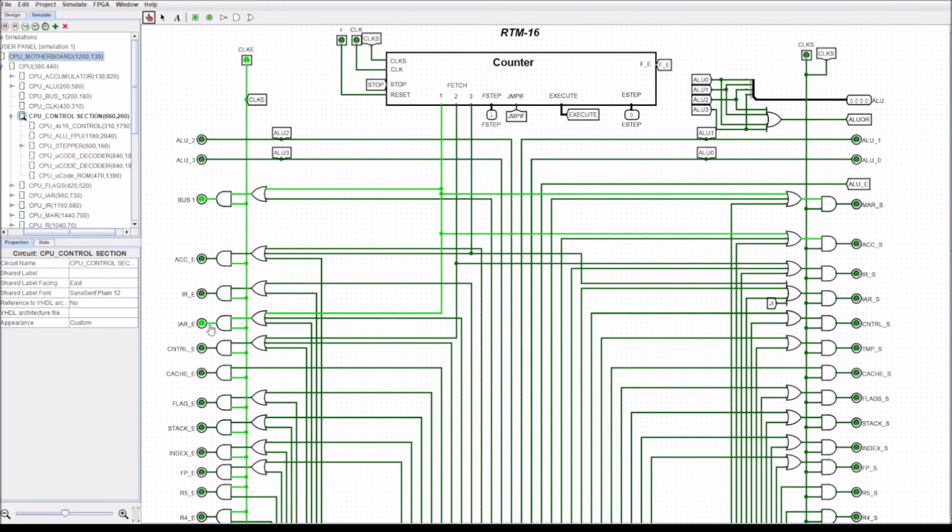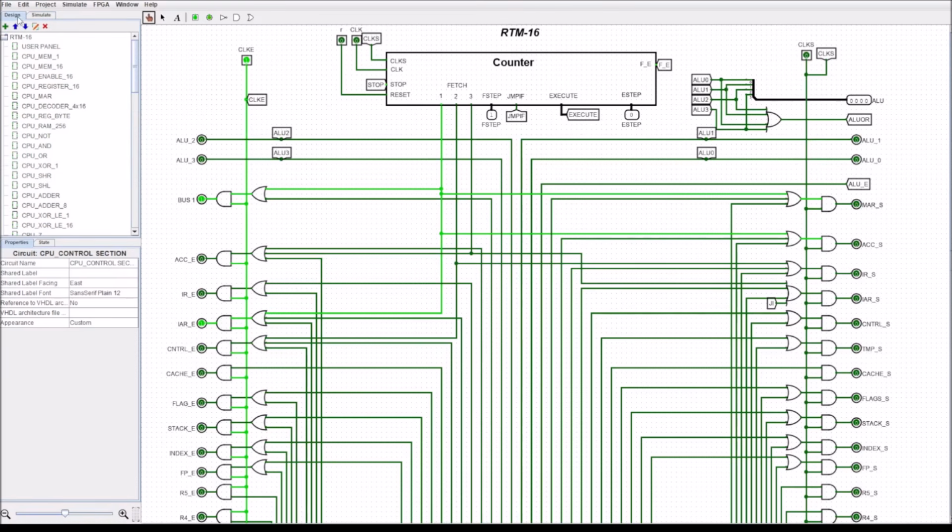Now we do that by using this bus 1. So bus 1, what it does is it takes the address of the instruction which we're just about to run, and we know we're going to prefetch the address of the next instruction. So what it does is it actually adds 1 on to the value that's already in here. So if we were to head up to the top level,